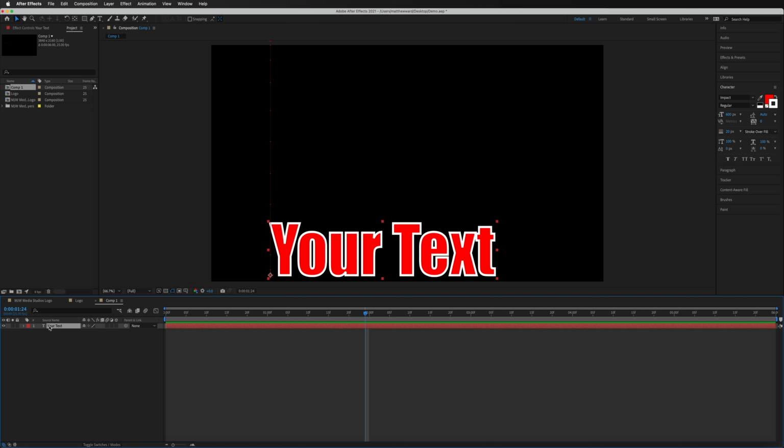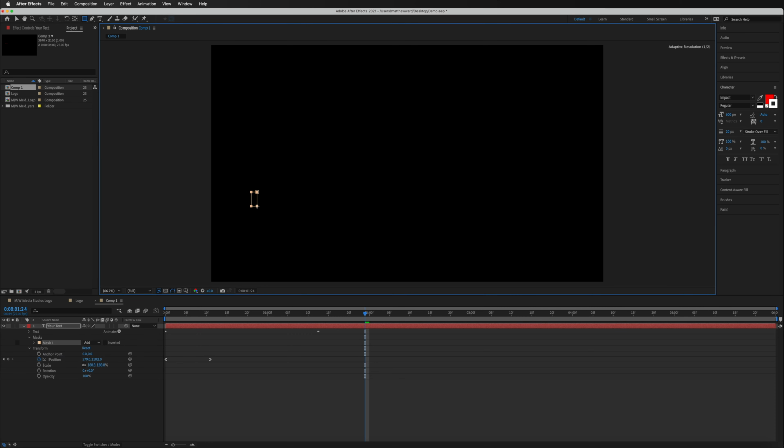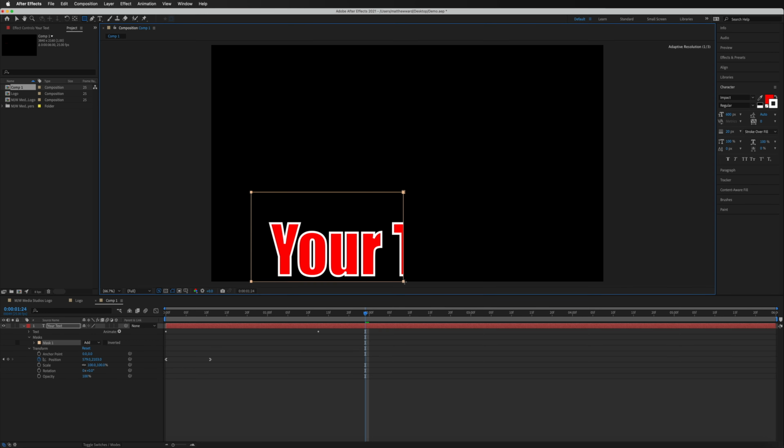So I'll just quickly demonstrate that once again. With the layer selected, if we go up to our top tool menu bar on the top left hand side and we select our rectangle, if I now start to draw over this, it's all going to disappear, as you can see. And as I start drawing over the text, it's going to start to bring it back. So with us wanting to draw a shape, this is obviously not what we want to do. We don't want to create a mask.